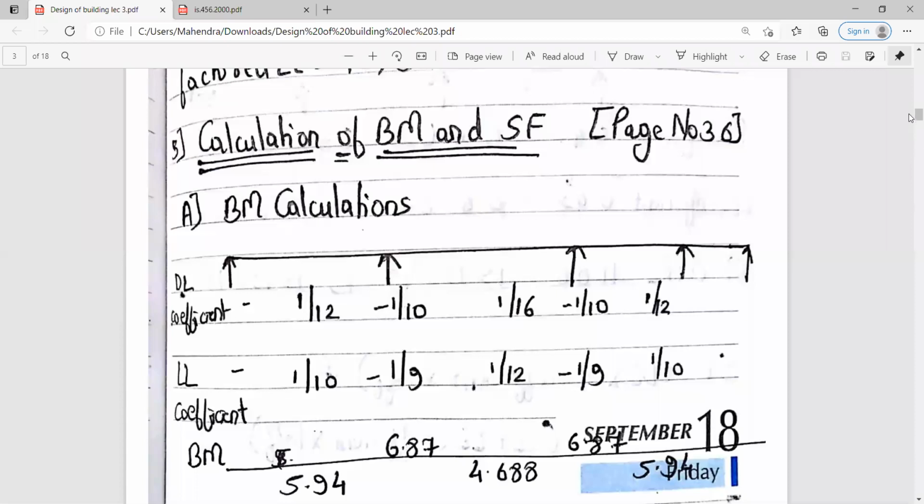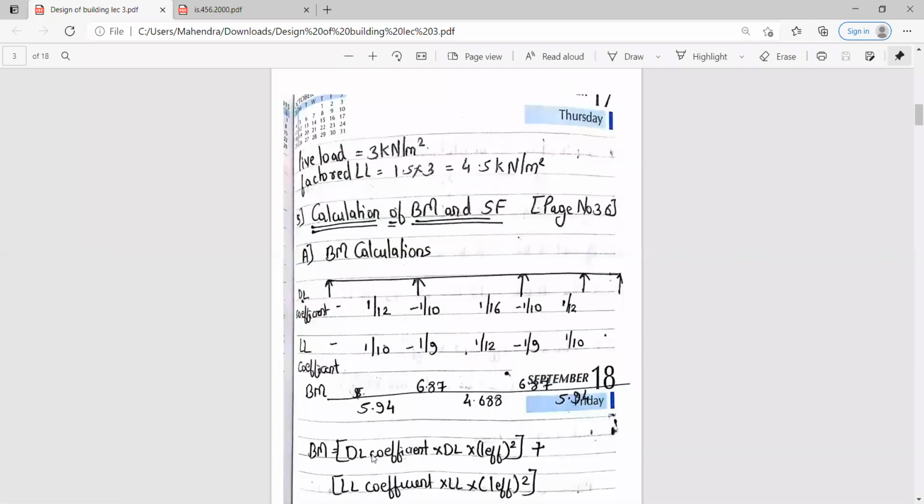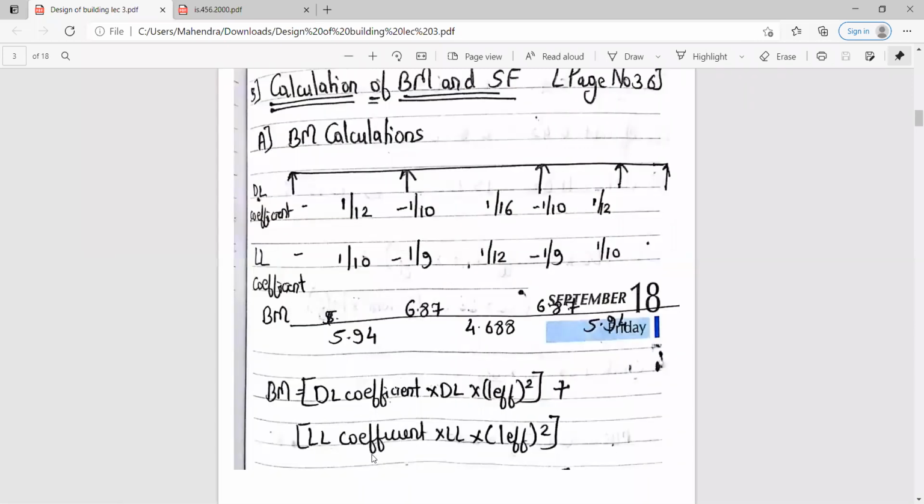For calculating the bending moment, you are going to use the formula: dead load coefficient times dead load times L effective squared, plus live load coefficient times live load times L effective squared. So here, what is the dead load coefficient? 1/12.